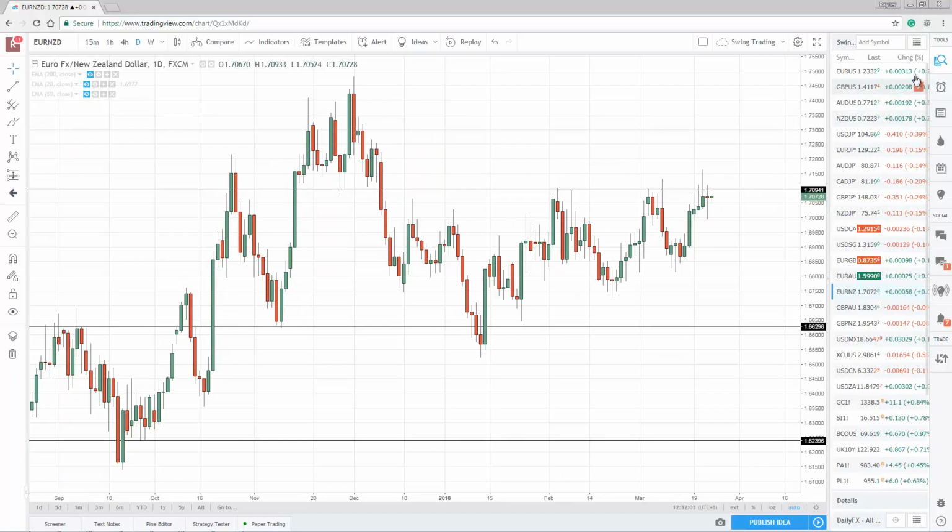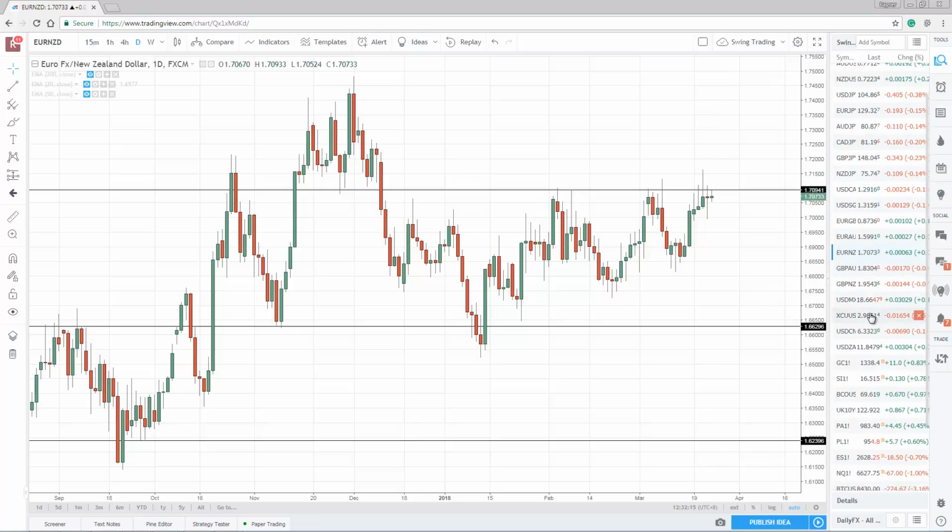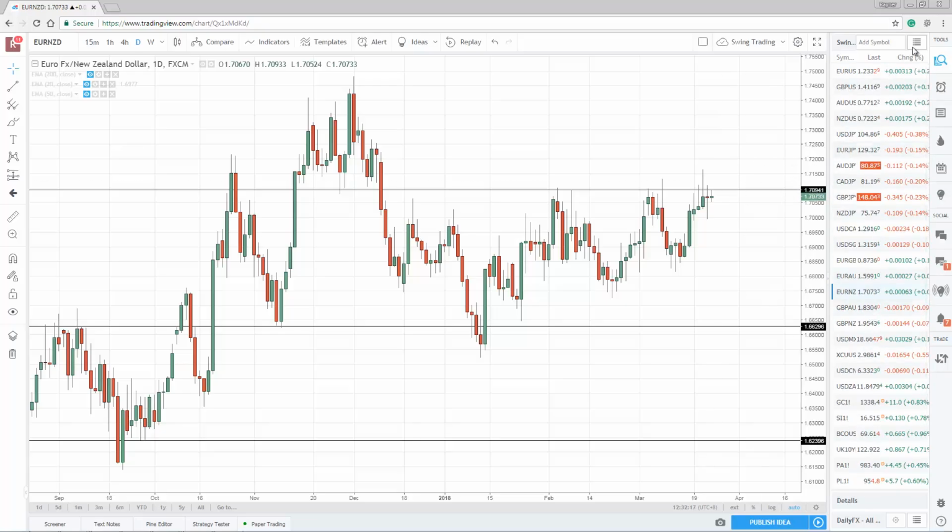I'm using TradingView. For example, for swing trading, I have a watch list for swing trading, and inside it has all the different markets that I trade for swing trading: FX, commodities, bonds, indices, etc. So with that said, first and foremost, what you want to do is to have your watch list,